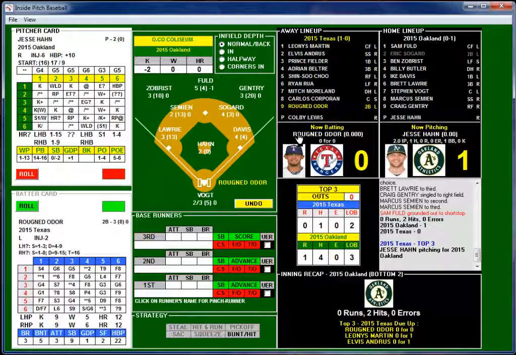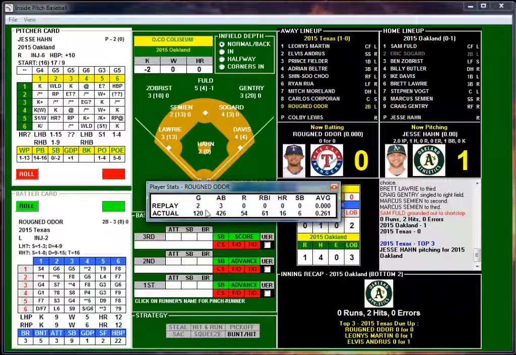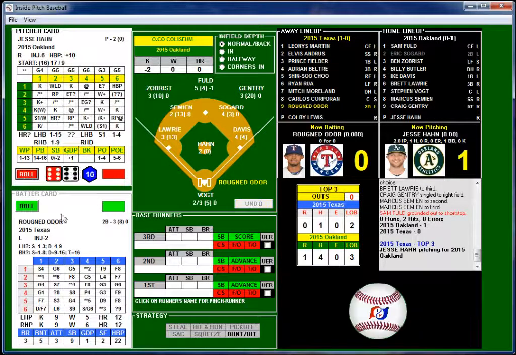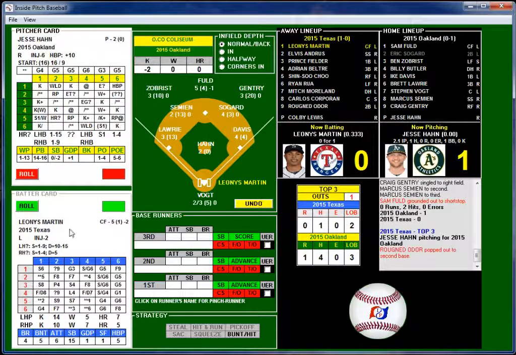Jesse Hahn's back out, and we have Odor here. This is his second game. He's got nothing to show for it. Real life, 120 games, 61 RBIs, 16 home runs, 6 stolen bases, .261 average. Well, Jesse Hahn with the pitch. 53, still no strikeouts. 44, that's going to be a pop-up to second base. Out. Sogard takes some steps back, and at the edge of the grass makes the catch.